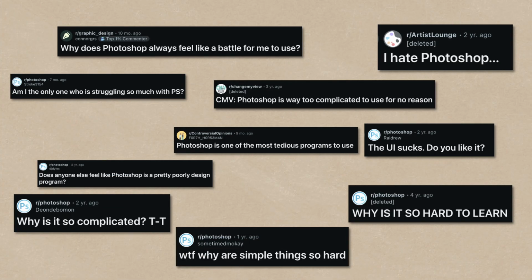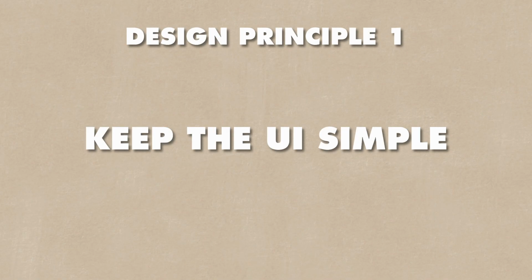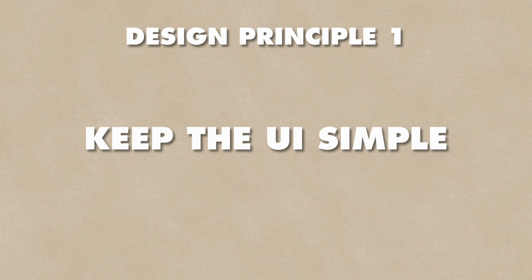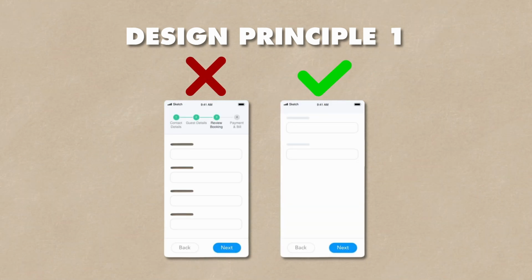And you can see evidence of this when you look at how people feel about a complicated piece of software like Photoshop, which I think is so intimidating to use when you first open it. And this is exactly why the first design principle that I've set for my startup is to keep the UI as simple as possible while keeping the application valuable. This means minimizing the number of steps that a user would need to take to get the highest quality result